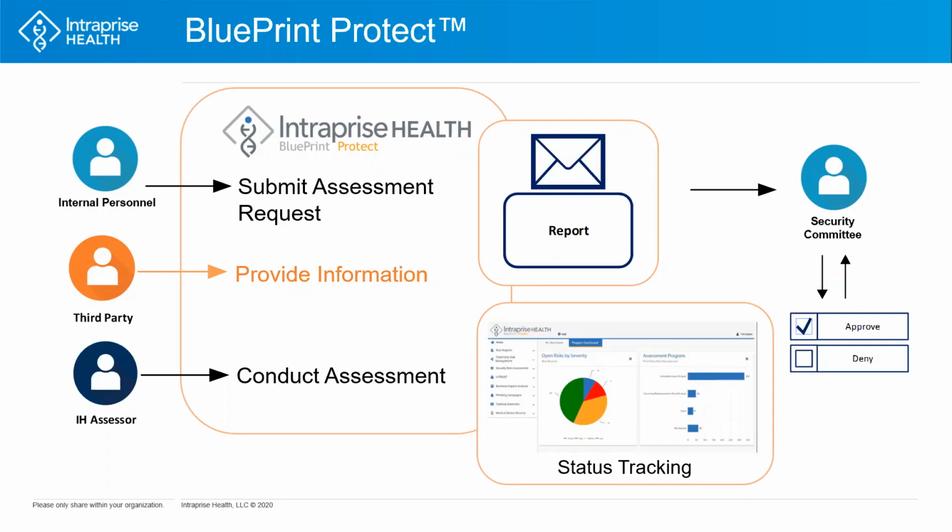The third party representatives themselves, the vendors, are able to access the application and provide their information directly into the portal. And finally, the IH assessor, the Enterprise Health Assessor, is able to conduct the assessment within the context of the application. And because everything is centralized in this manner, the organization itself actually has a white box, very transparent insight as to where everything is, status tracking as it relates to individual assessments, as well as the entire program